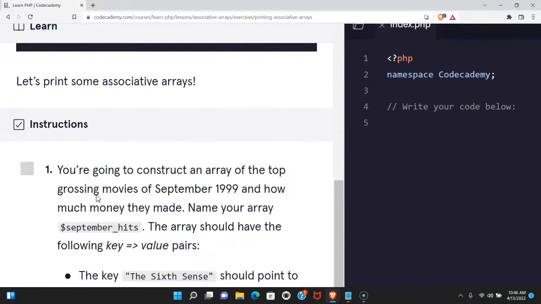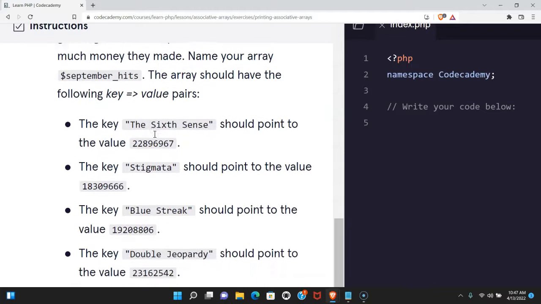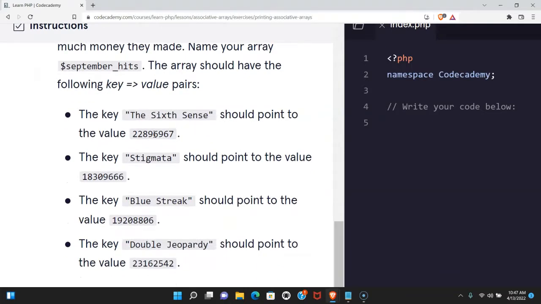Let's print some associative arrays. You're going to construct an array of the top grossing movies of September 1999 and how much money they made. Name your array septemberHits. The array should have the following key value pairs. The key The 6th Sense should point to the value